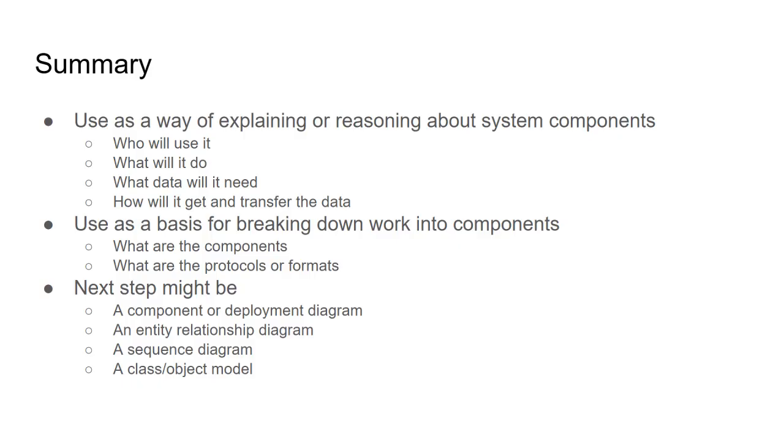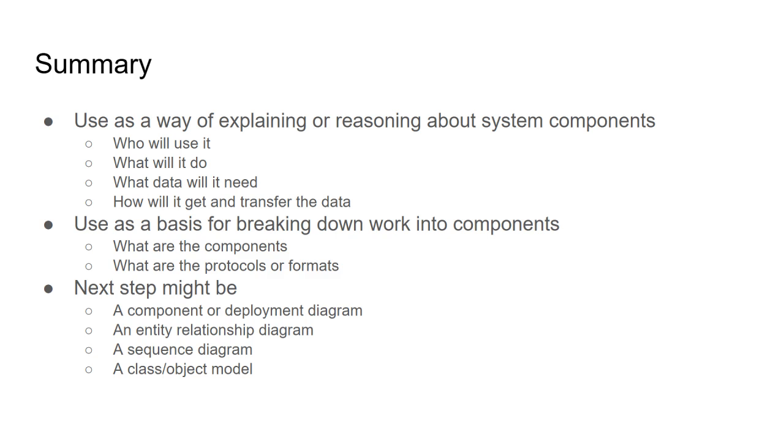So to summarize, data flow diagrams are a way of explaining or reasoning about system components, including who will use it, what it will do, what the processes will need, and how the processes get or transfer the data. You can use them as a basis for breaking down work into those components in particular. What are the components? What are the protocols and the formats used by the components or controls there? And as a next step, you might